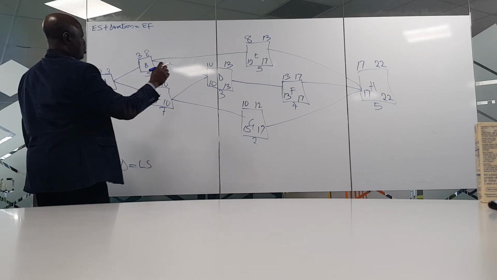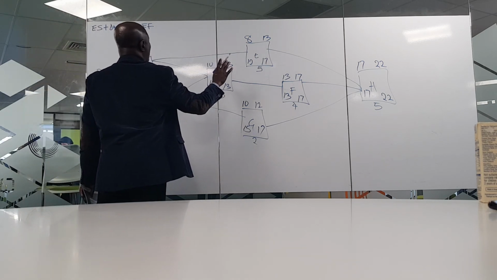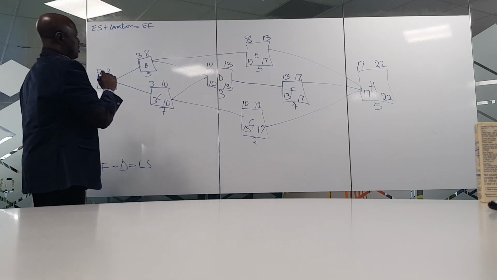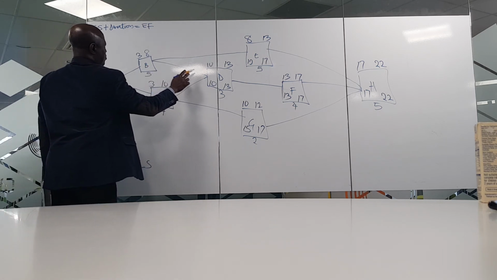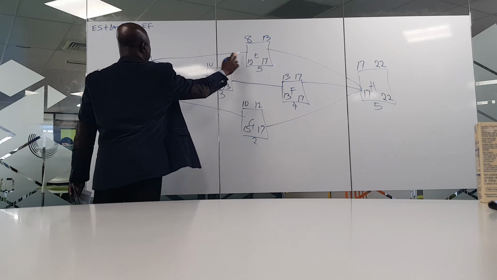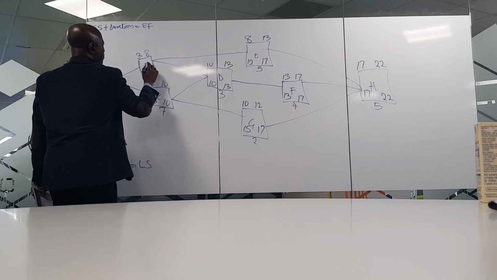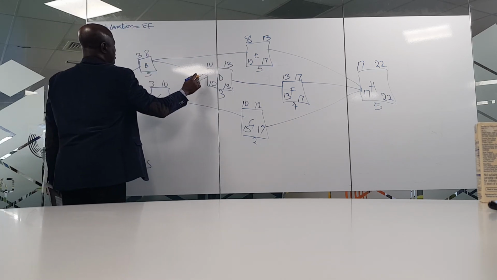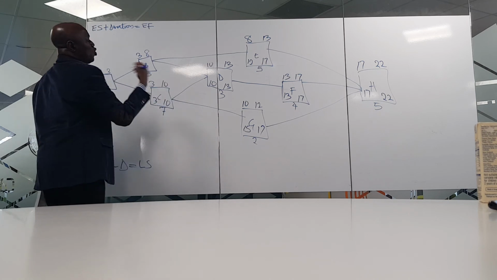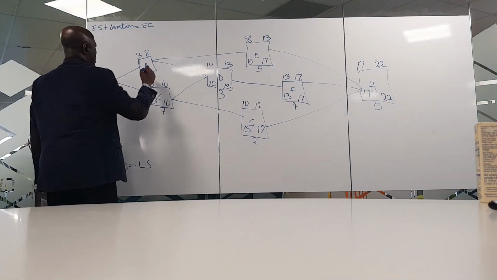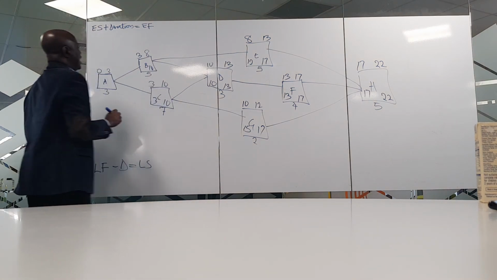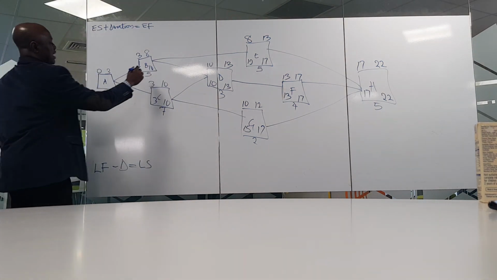No. We have two options. This is B. B and E, this is the relationship. But we have B, and it should be 10, yeah? It should be 10 because possibly we look at the least figure. Because we are working back, we cannot put 12 because it's late finish 10. Also, 10 minus this,